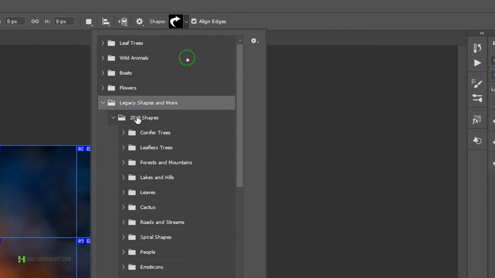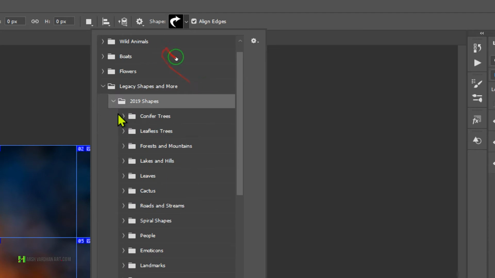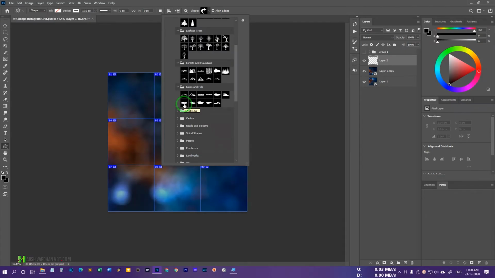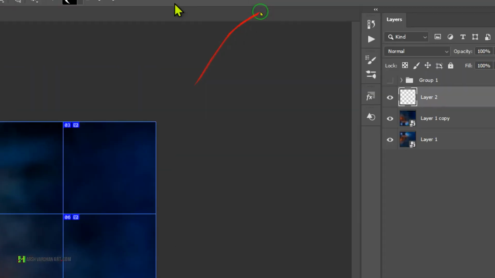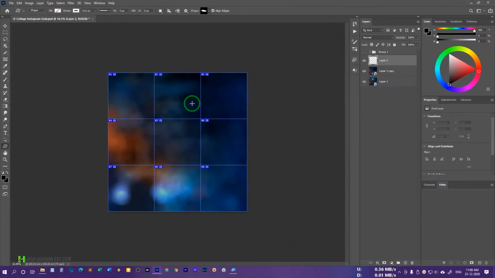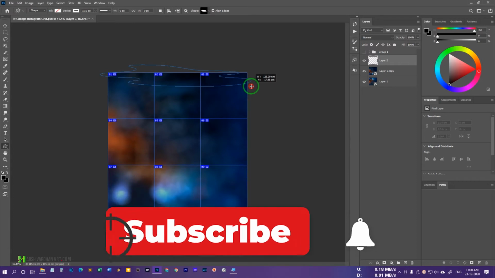Otherwise I have made one more tutorial. If you want to download all of these shapes, that would be available for you. All right, and then you have to find one shape which would become a bridge between this post and the next post. So under this legs and heels, I find this one. So let me just select this one. Let's see how it looks. So I'll just draw it over here.